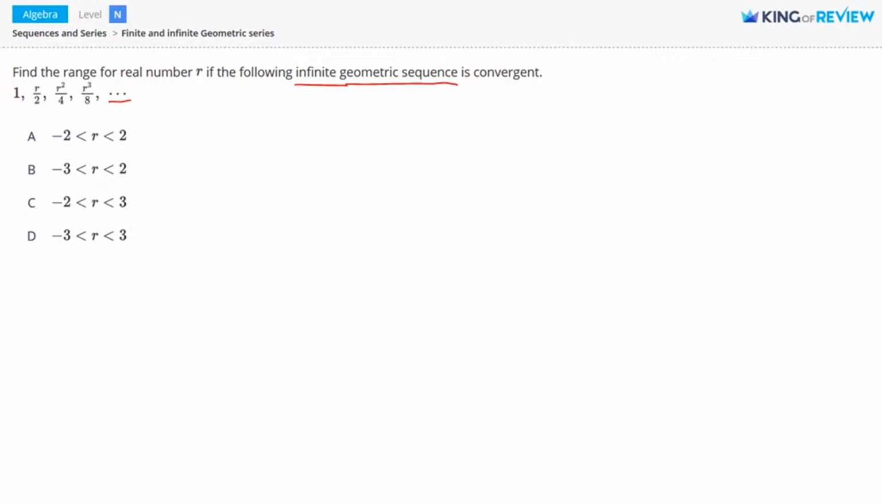And we're also given the bit of information that this sequence is convergent. What does this mean? A sequence converges if the sum equals a finite value, and a sequence diverges if the sum goes to either infinity or negative infinity. So we have some conditions for convergent versus divergent series. So convergent